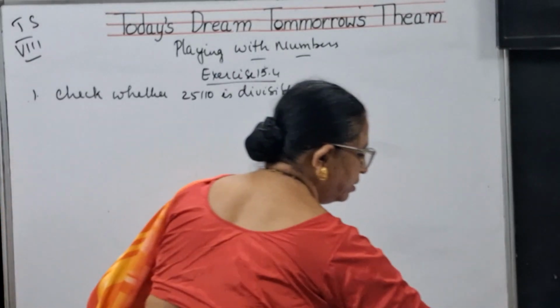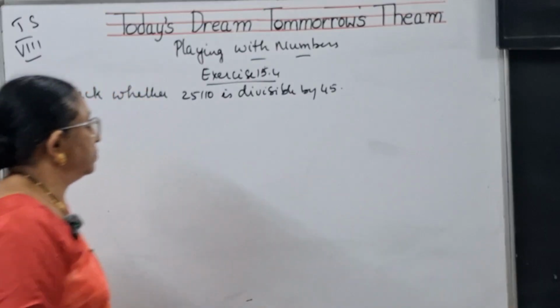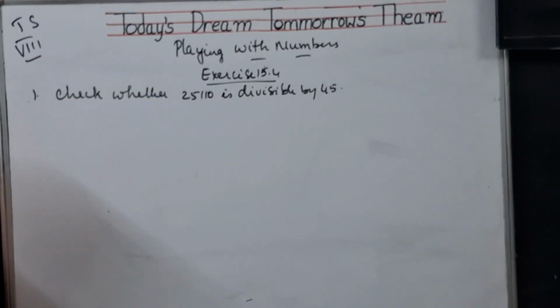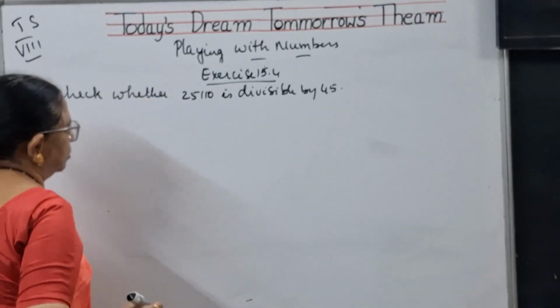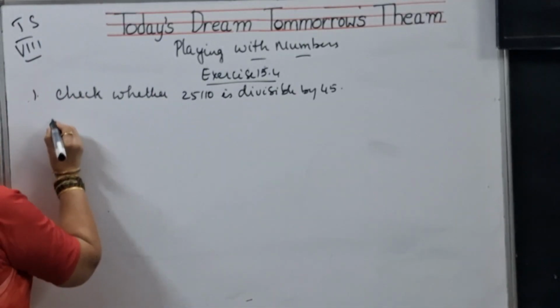Now I am dealing with 8th class maths, exercise Playing with Numbers, exercise 15.4. This question is: check whether 25110 is divisible by 45. According to the property that we have learned, let us write